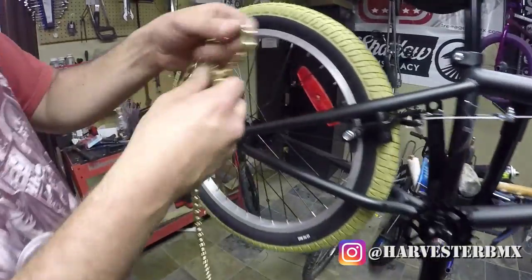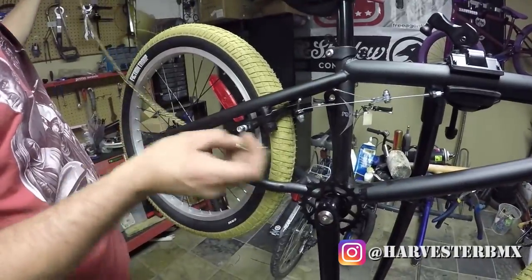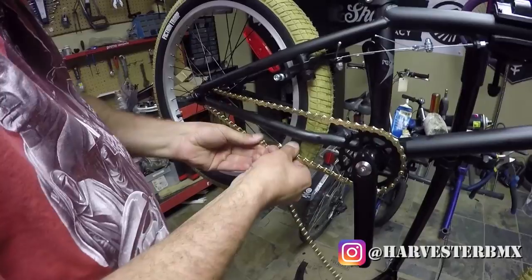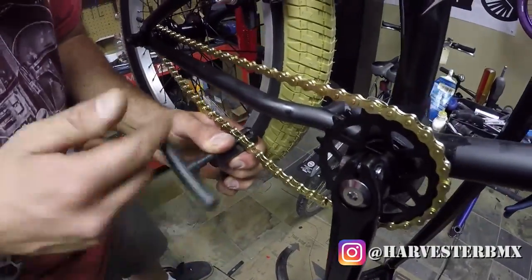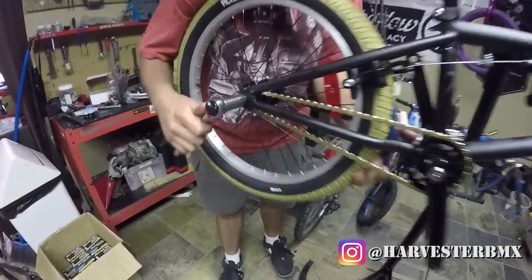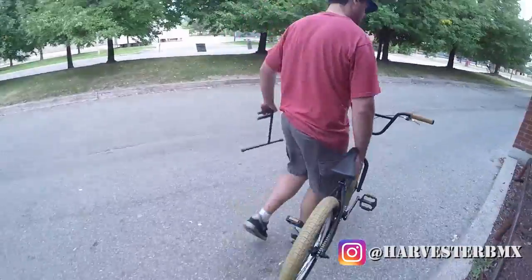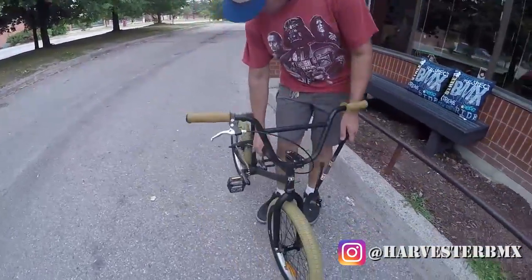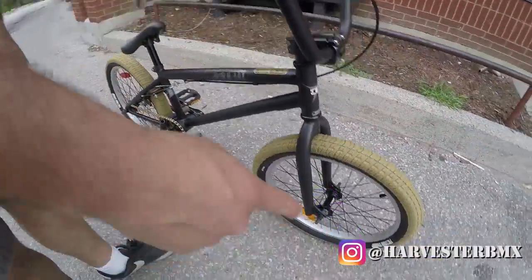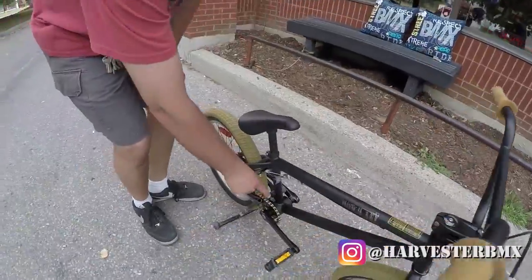Nice gold. Again, got some premium grips. We got the Fiction Troop tires in 2.35 and the newly added gold